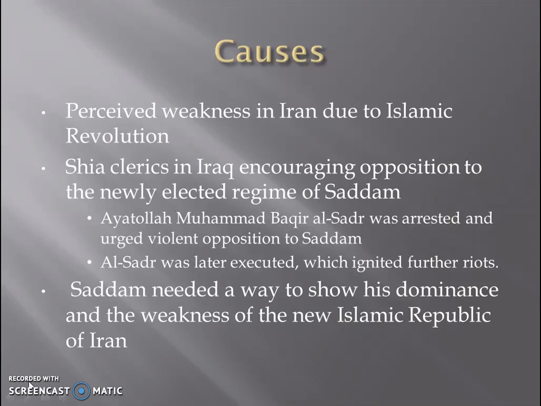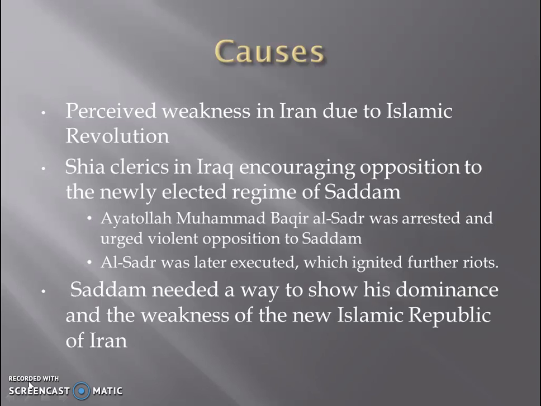Saddam needed a way to regain authority and credibility and to show his dominance in the region, and he viewed the weakness of Iran as a way to do this. He figured if the people were involved in a war, they would unite and he would be able to gain the support that way. And especially after Ayatollah al-Sadr was executed, he desperately needed a way to unite the country or he was going to lose it,